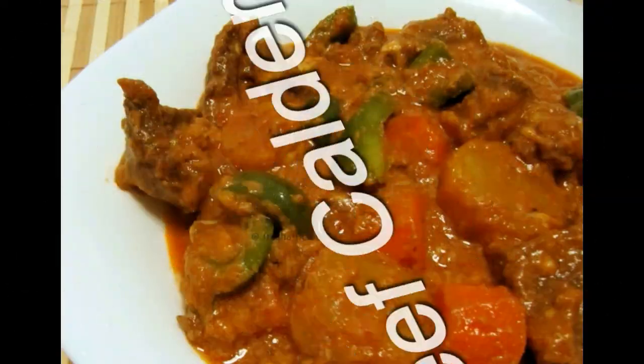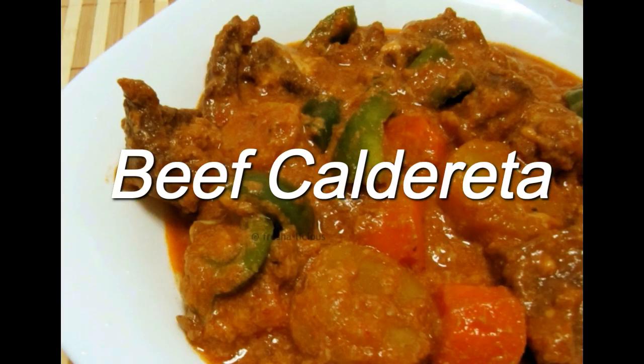So starting with number 5, beef caldereta. This is the Filipino beef stew dish. It's a little bit on the sweet side. What makes it sweet is probably the tomatoes that are used to make the dish. Now, I don't know if it's a tomato sauce or a tomato paste, but there's also carrots. So the carrots add sweetness to the dish. And it's